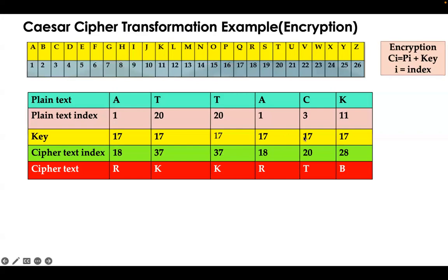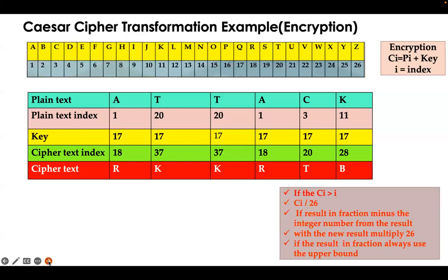And similar for 28, we don't have any index 28. So what can we do now? Don't worry, we have some rules for this also. This is not so complicated, but we have to understand it carefully. For this, we have some rules